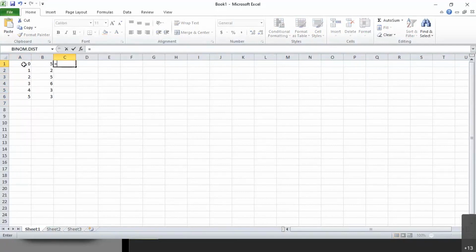So I'm going to multiply this times that. You can see that that's that way. Then just drag it down and it will do that for all of them. Now you've got a combination of scores and frequencies, and then all you have to do is, again, total these. So you're going to say equal sum